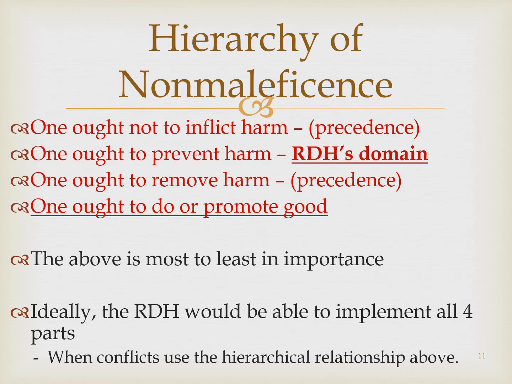And so it sounds like doing good should be the first one, but in fact it's not. We all should try to implement all 4 of those parts, okay? But every once in a while there can be conflicts, and when there are conflicts, you have to go to this hierarchy and think downwards about what takes precedence over what in your decision making.